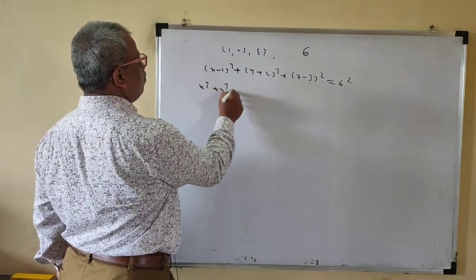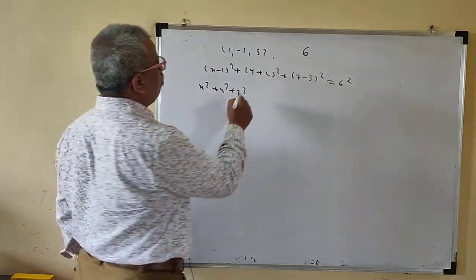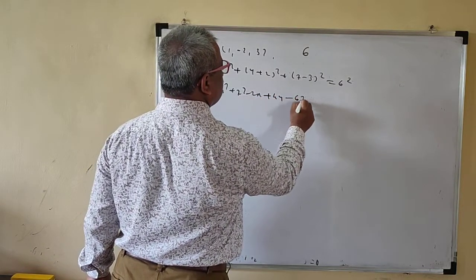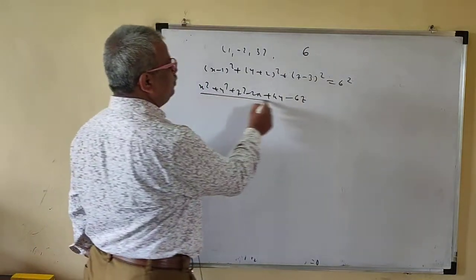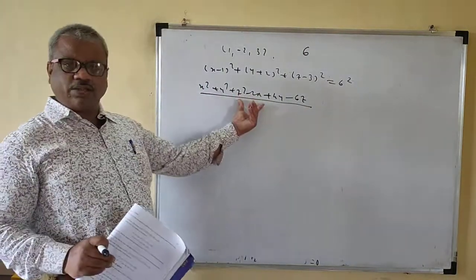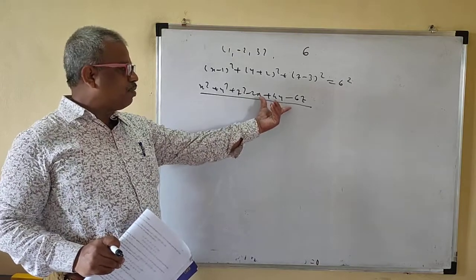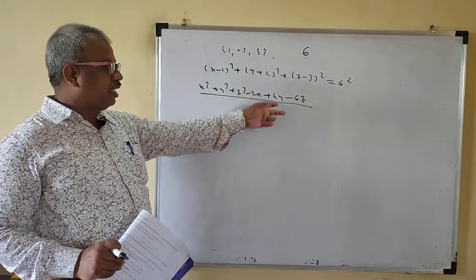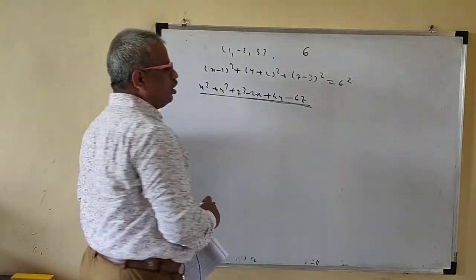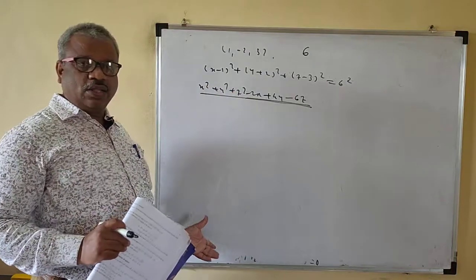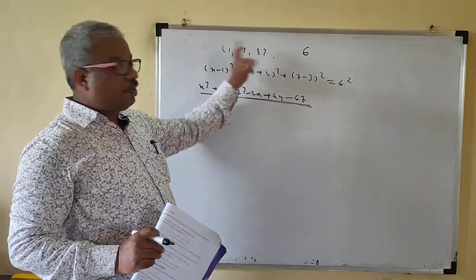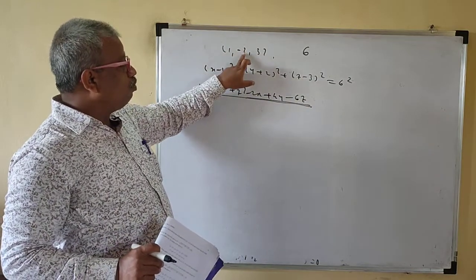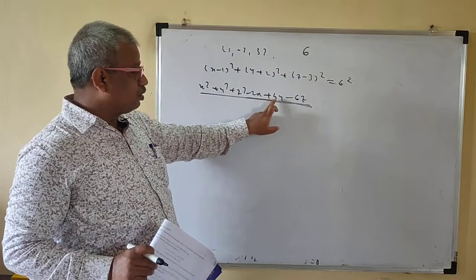So your equation: x² + y² + z², don't write all the terms here. Minus twice x plus 4y minus 6z. Okay, look at this. If there is only one option for your coefficient of x, y, z like this, double up that one and change the sign. Look at this: x², y², z² is there everywhere. Look at the coefficients of x, y, z. Double this and change the sign, the coefficients of x, y, z are minus 2, plus 4, minus 6.